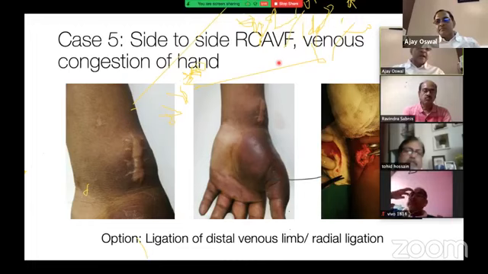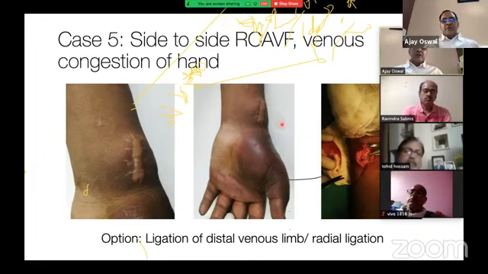Professor Alam? So explore the hand, ligate distal. So ligation of the distal limb of the vein, ligation of the distal limb of the artery, excision of fistula. Excision of fistula? If the fistula is functioning, no excision of the fistula. Ligation of the distal artery and vein, correct. So this fistula was working. We were using it for dialysis. So we were successful in ligation of the distal venous limb, and the fistula as well as the hand was salvaged.